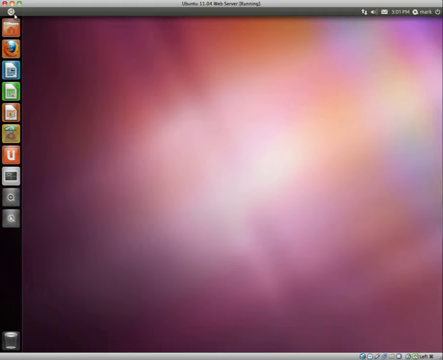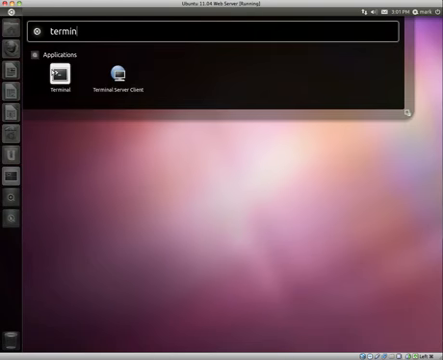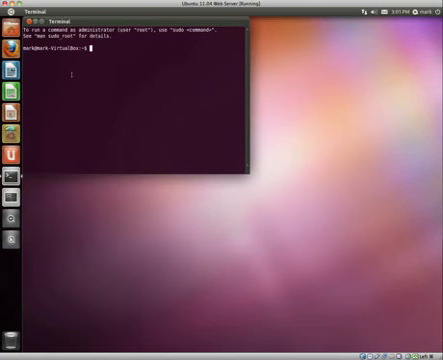So it's pretty simple really. The first thing you need to do is open a terminal, and you need to type in sudo. That's sort of for the administrative privileges. So you need to type in sudo apt-get install